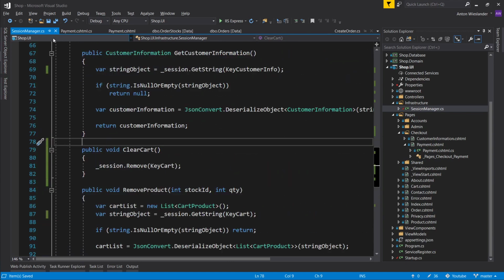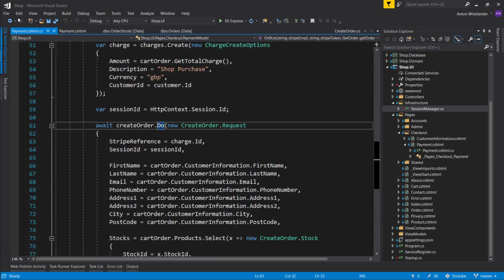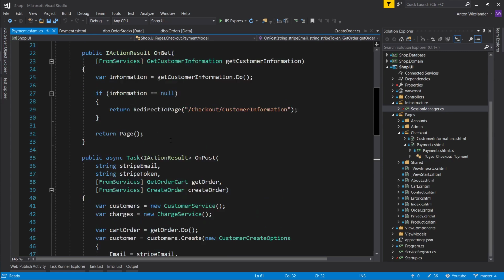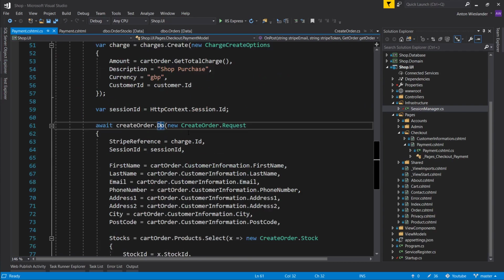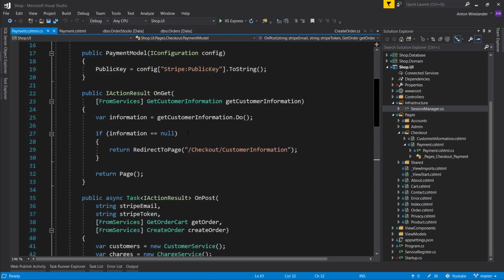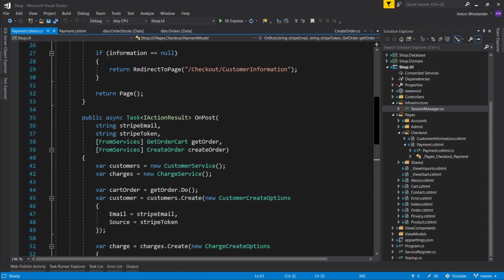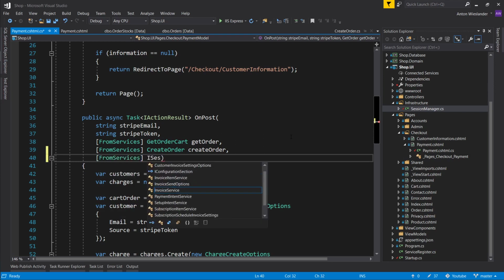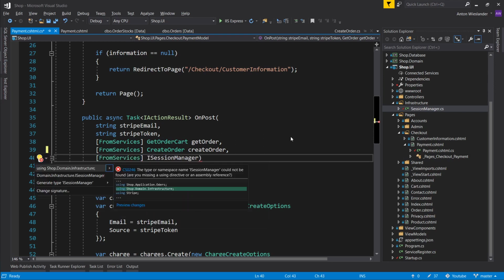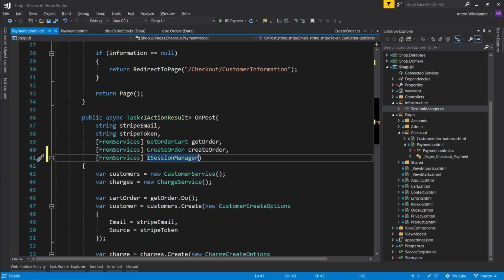So now what I want to do is, when I do my Payment.cshtml, I want to go ahead and clear the cart. So I want to probably inject my session into here and clear it that way. So let's go ahead and put it into, so this is going to be a beefy function. So from services, ISessionManager, or did we even need an interface? I think we want the ISessionManager, because if we want to replace this functionality, and this is essentially part